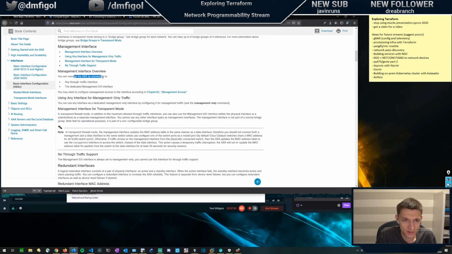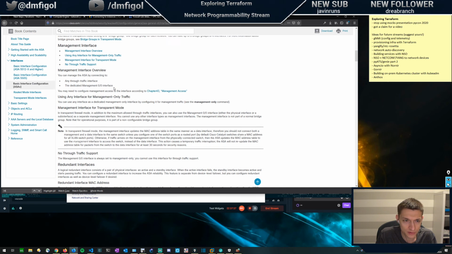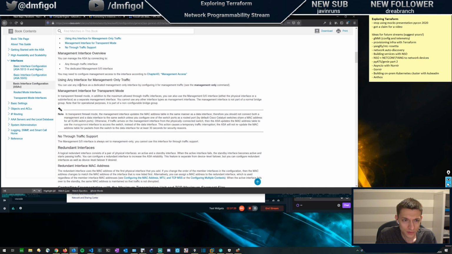You can manage ASA by connecting to any through traffic interface or dedicated management 0/0. You can use any interface as a dedicated management interface by configuring it for management traffic. See the management-only configure command. Management interface for transparent mode. In transparent firewall mode, in addition to